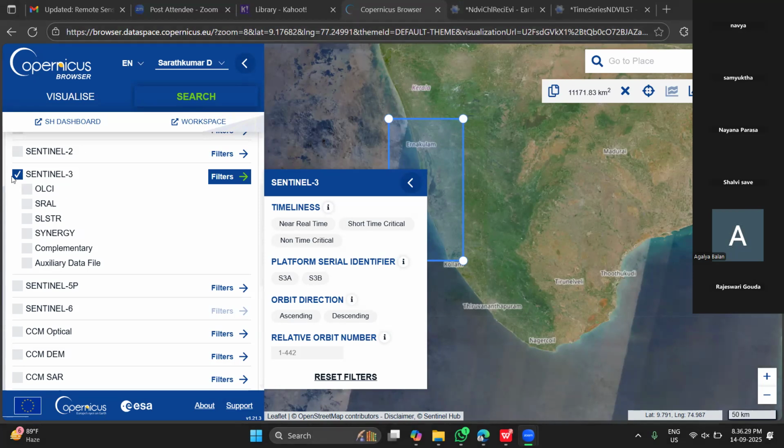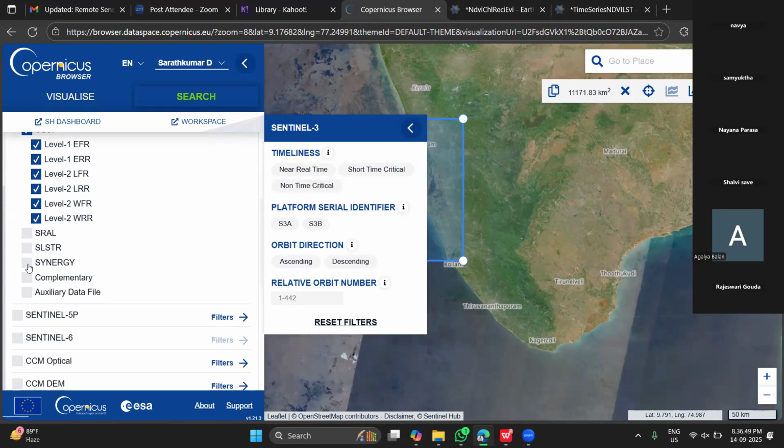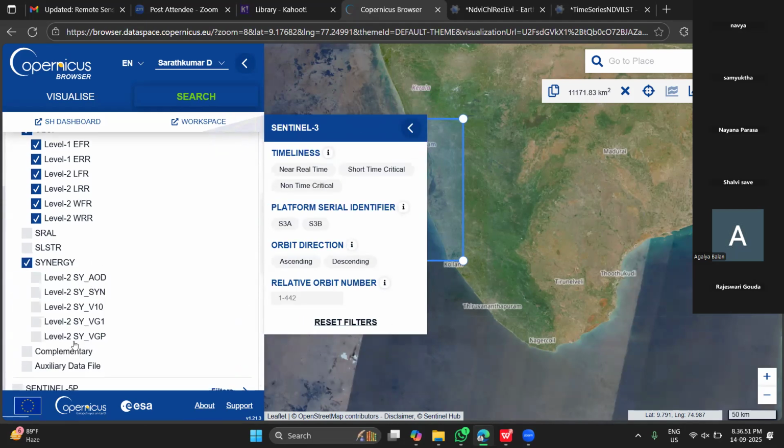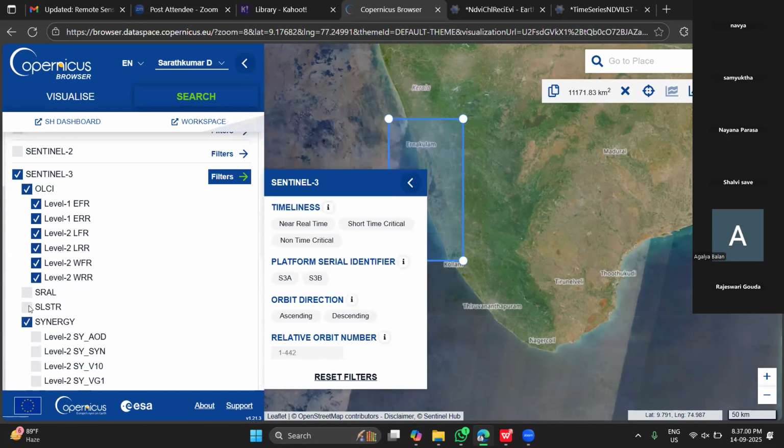Okay. So for now, let's just select OLCI. So in OLCI, you may be able to see all these level 1, level 2, as I already briefed all these full forms. So you can choose how much you want. You can choose all of synergy as well. In synergy also there are different levels. You can see different details. You can see AOD data, and we can also click